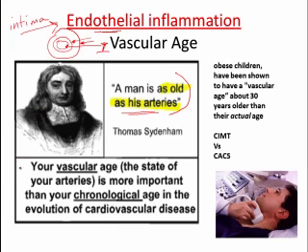So a couple of other things here. Your vascular age, the state of your arteries, is more important than your chronological age in the evolution of cardiovascular disease. And many of these illnesses that we're talking about are cardiovascular diseases. And so this really gets to the crux issue. And this is very alarming, that obese children have been shown to have a vascular age about 30 years older